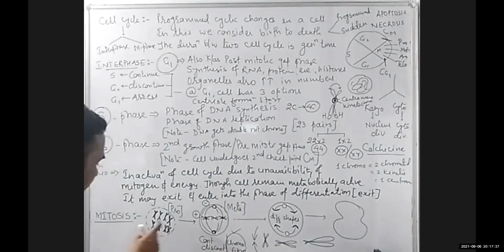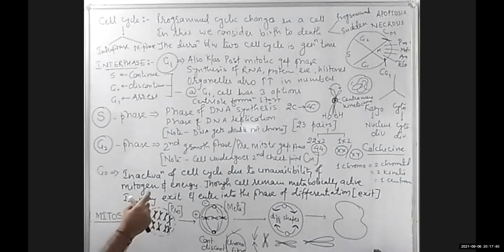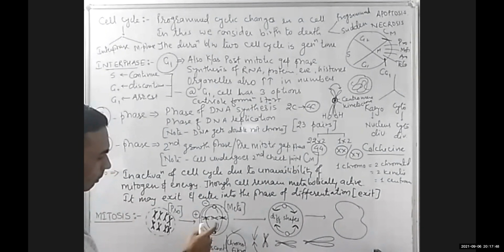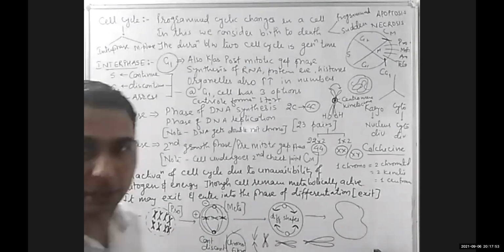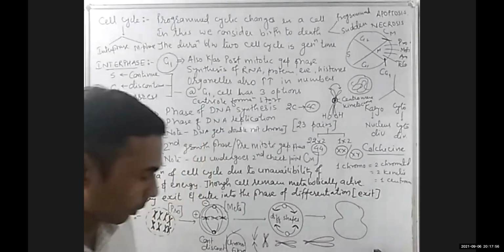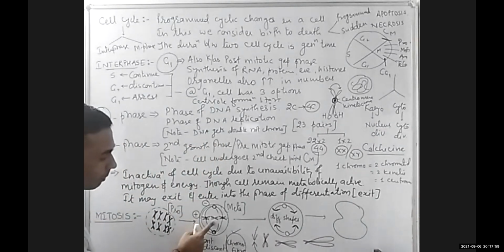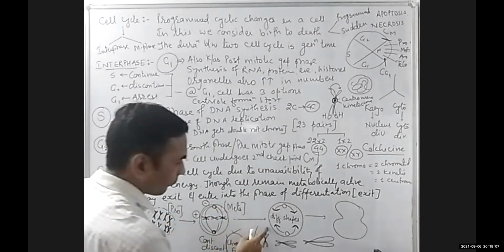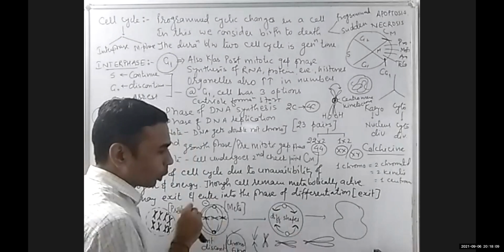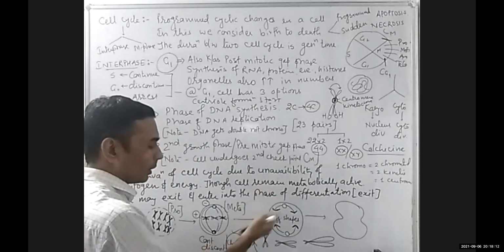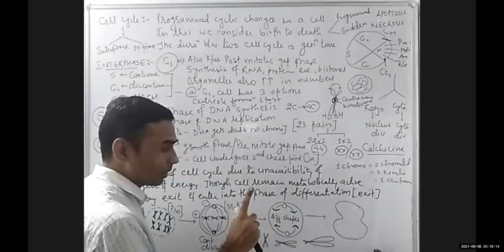Let's talk technical. Condensation of chromatin material, disappearance of nuclear membrane, disappearance of some organelles. All the chromosomes come to the equator plate, all 46. The battery is down to 10 percent, children, still fine, no problem. About to finish. Chromosomes come on the equator plate. A single metaphasic plate is there. The positive side is towards the equator, the negative side towards the pole. Anaphase: spindle fiber starts shortening, embedded into the pole. Different shapes appear. And what separates, chromosome or chromatid?